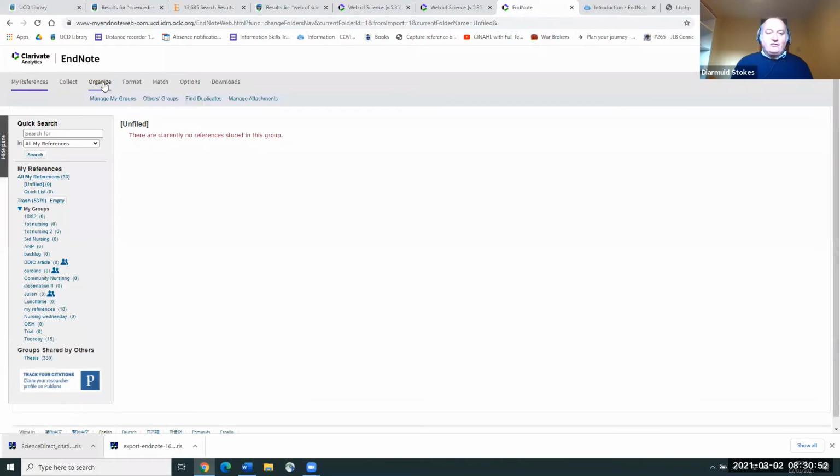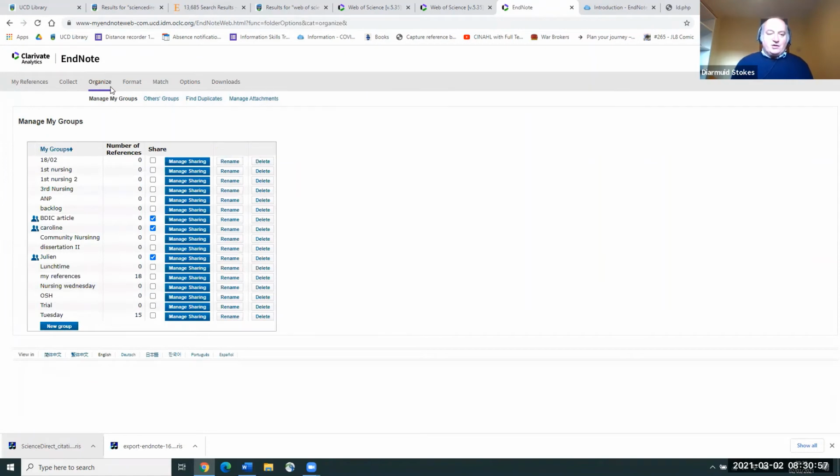So we've covered Collect. If you go to Organize, the first option there allows you to manage your groups. You can create a new group down here at the bottom. You can rename a group. You can delete a group. If you delete a group, you're not deleting the references within the group. You're just deleting the category of reference that group represents. You can also share groups with other people as well. So if you're working with friends or you're working as part of a group, you can share a group with other people. And to do that, you just click on Manage Sharing